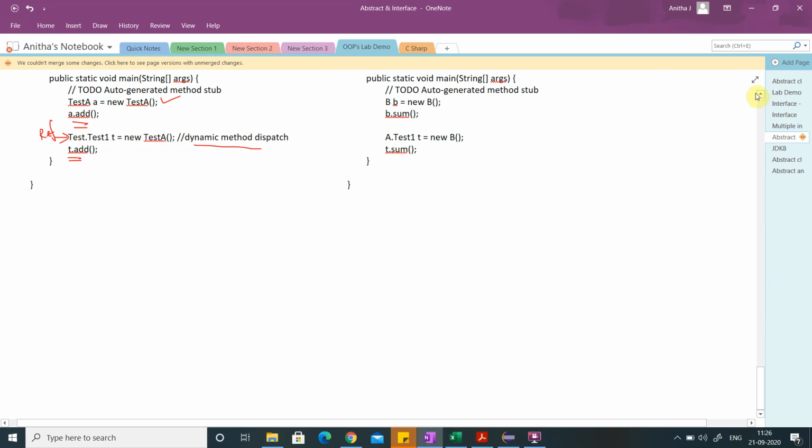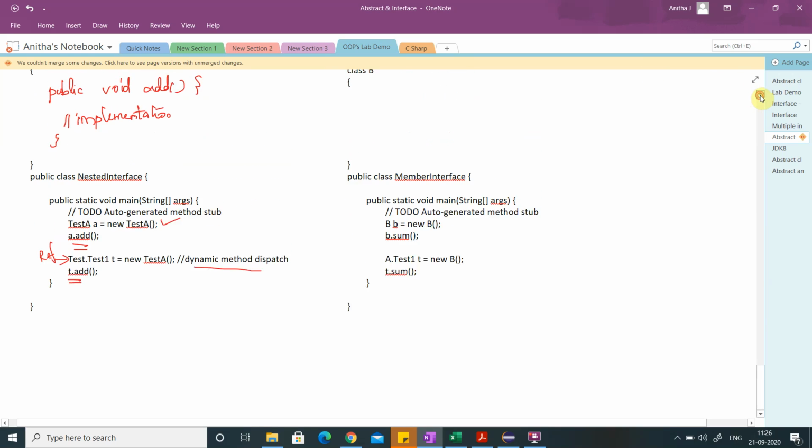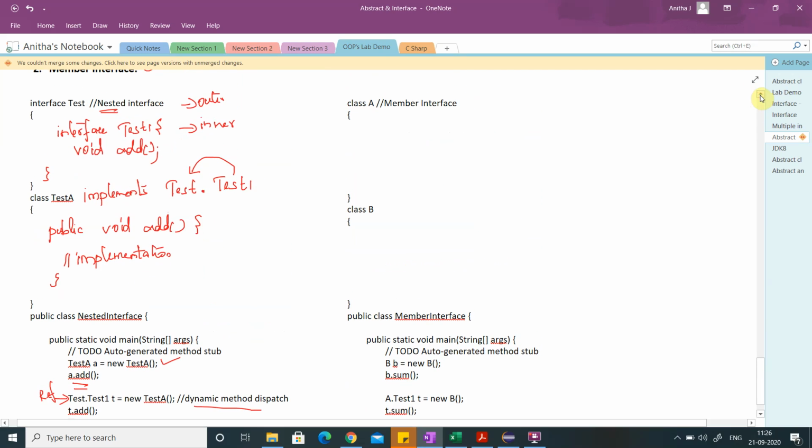And now we'll see how you can create an interface as a member of a class. Okay, how the interface can be a member of a class. So we have a class. Inside the class generally you have data members, function members and constructor. Now we can create an interface also as a member of a class. So I can declare an abstract method. So now this interface is acting as a member of a class A.